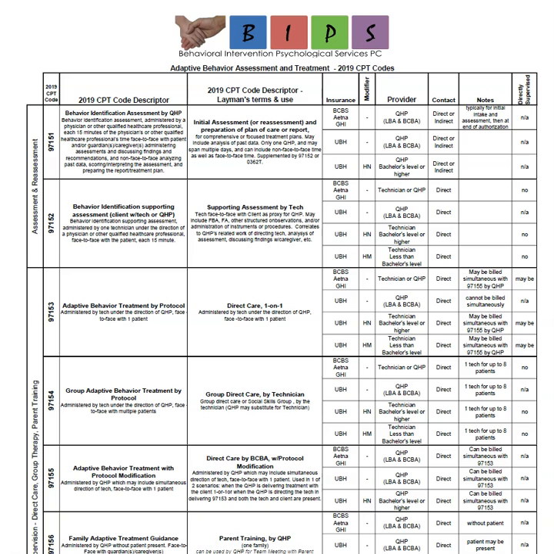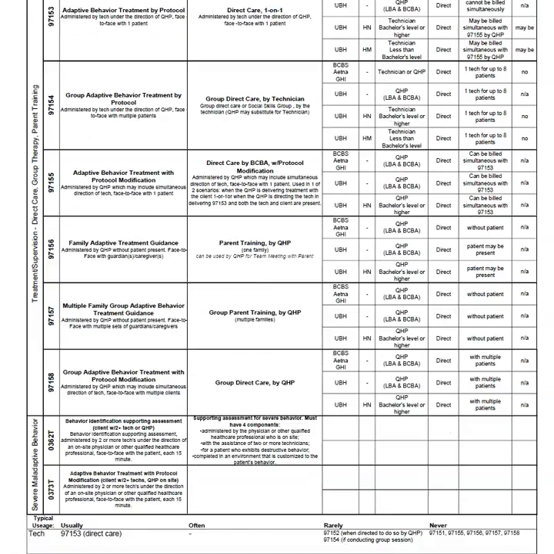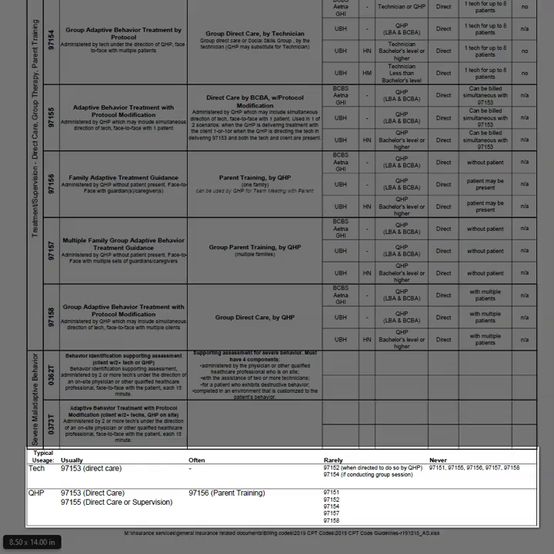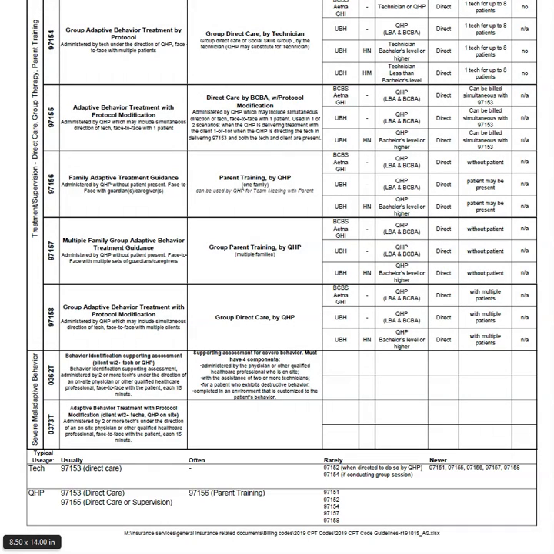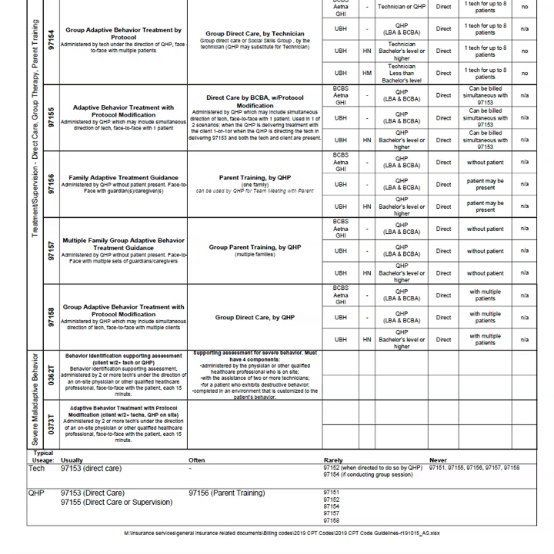Actually, before we get into the details of each code, I want to point out one more thing about this guide sheet. If you go down to the bottom of the sheet, you'll see that there is a little bit of a further guide where I indicated some typical usage. And there are 2 rows there, one for the technician and one for the QHP. So you can see there's what I would say are codes that you would usually use, often use, rarely use, and never use. So in this case, the technician will usually be using